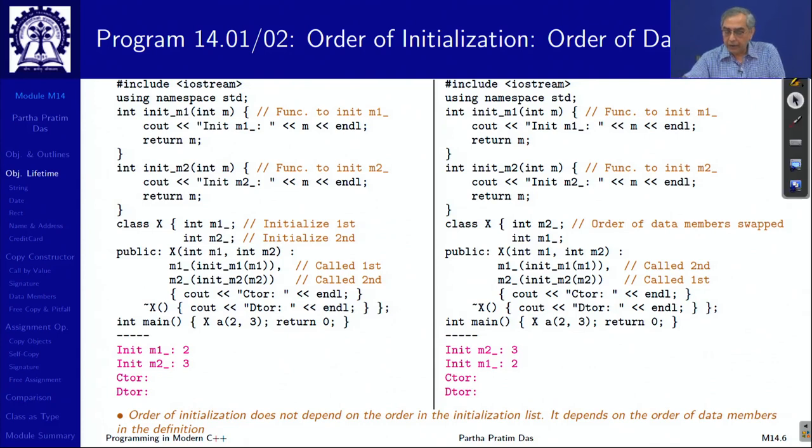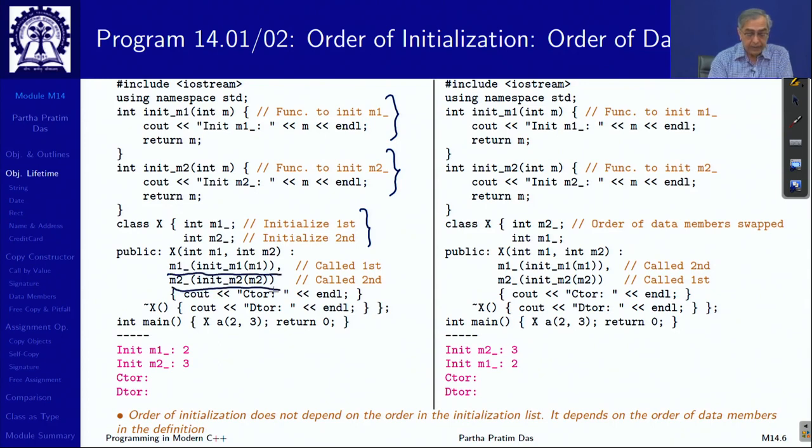To start with, we have a simple class containing 2 integer data members, and to be able to understand which one is actually getting constructed, we have created 2 instrumented dummy functions. Instead of directly copying the value, we pass the value that we want to initialize into the int data member to the corresponding init function, so that I can print a message and know in which order they are happening. These are the 2 data members, and in the initialization list